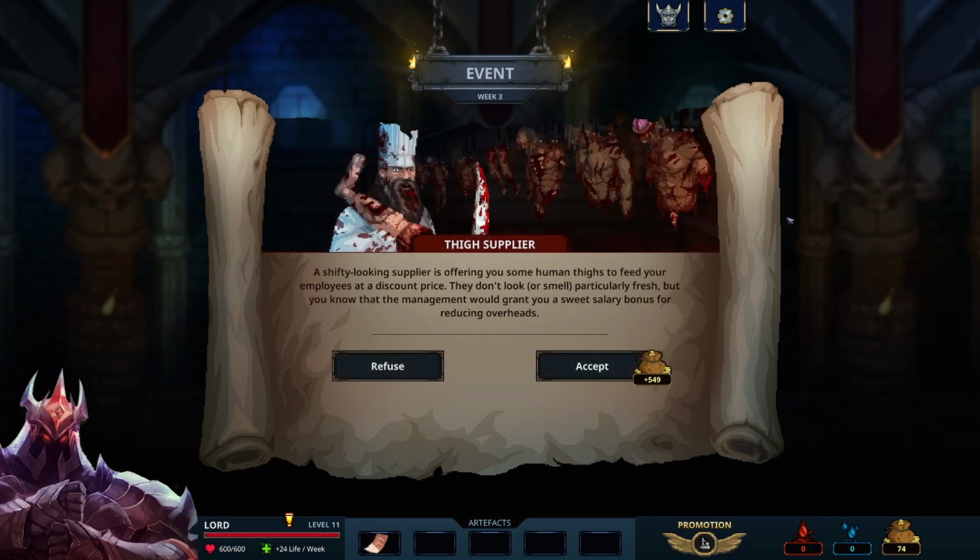A shifty-looking supplier is offering you some human thighs to feed your employees at a discounted price. They do not look or smell particularly fresh, but you know that the management will grant you a sweet salary